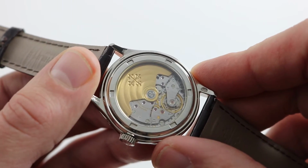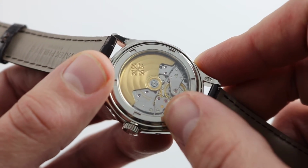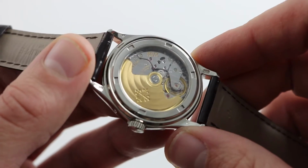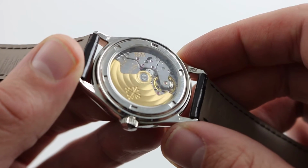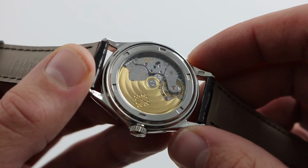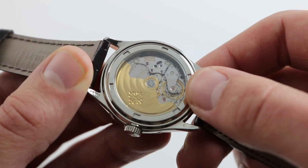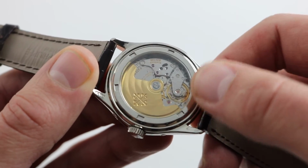What I really like about this watch is that everything, finished to Geneva seal quality and stamped with the Poinçon on this bridge right beneath my thumb, is simply a treat to look at. You can see the rich Côtes de Genève across the winding rotor, as well as the balance cock and the bridges, beautifully polished screws with chamfered slots. There's a tight and even perlage across the base plate, and the watch does feature a Gyromax